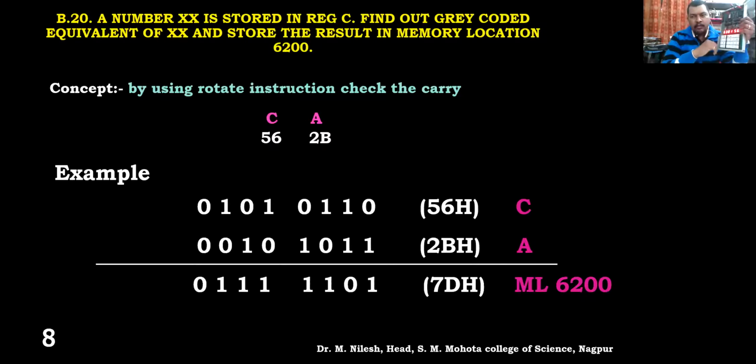So can anybody tell me what the number should be taken for that? Because we don't know what the gray code equivalent of it is. So you have to verify whether it is actually doing that or not, right? So let us see. Somebody can tell me what number should we take? Anybody can unmute themselves and tell what number should we take to convert it into gray?